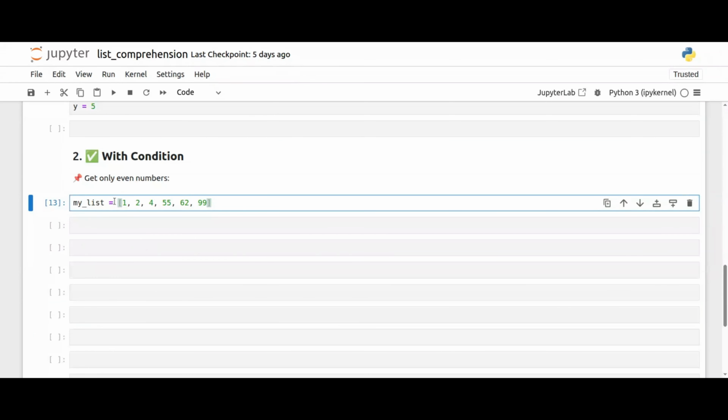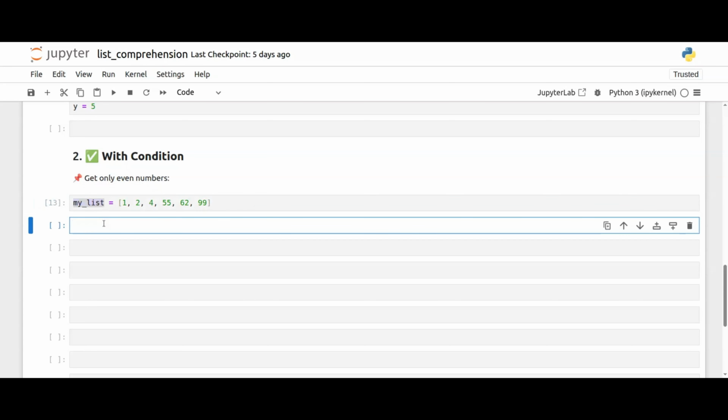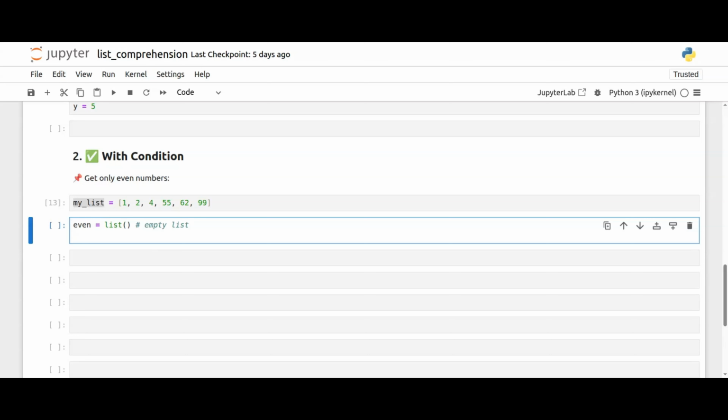Let's go to another example. In this example, I have one list called my list, and it contains even and odd numbers. The question is, we have to identify only the even numbers from this list. The simplest way is to define an even variable that contains the list of even numbers, so it is an empty list. The classical way